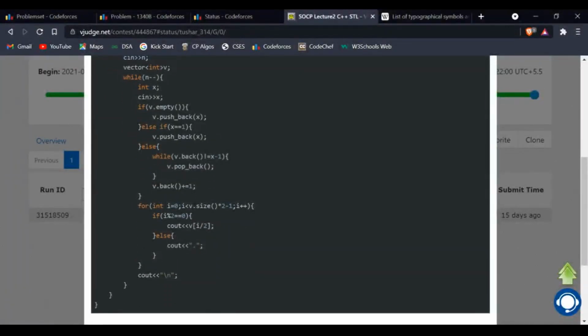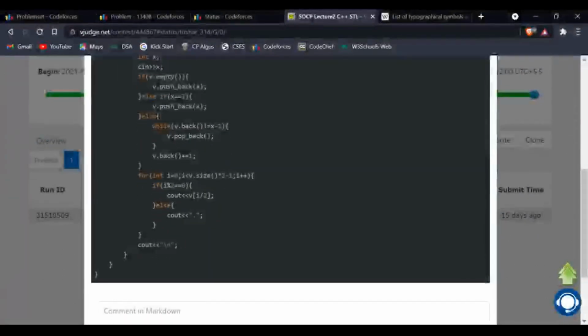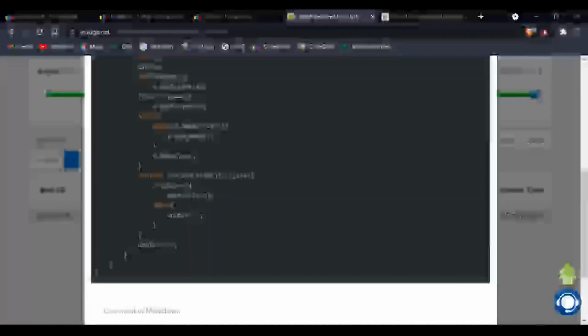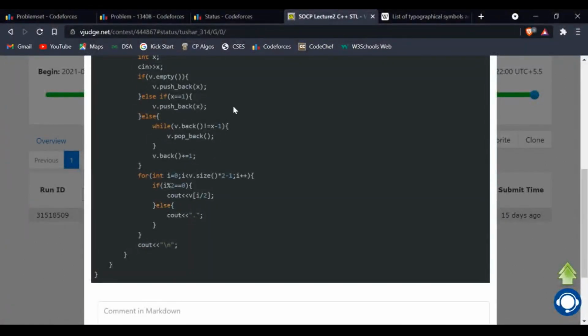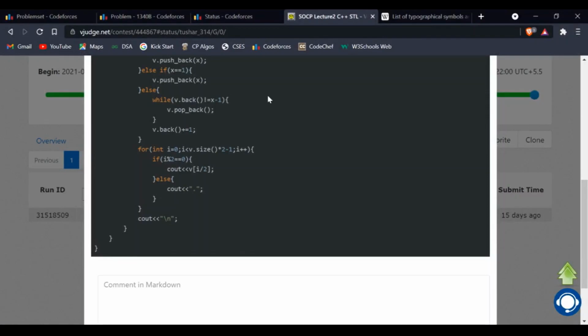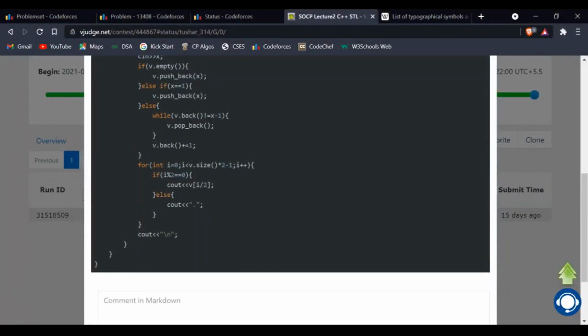So I will take an entry x. X is the last character of our ith element. So if our initial stack was empty, I will just push it inside the stack. And if it is 1, I have only one option to do, that is append it at the end of stack. And if it is not equals to 1, it is some integer x other than 1.